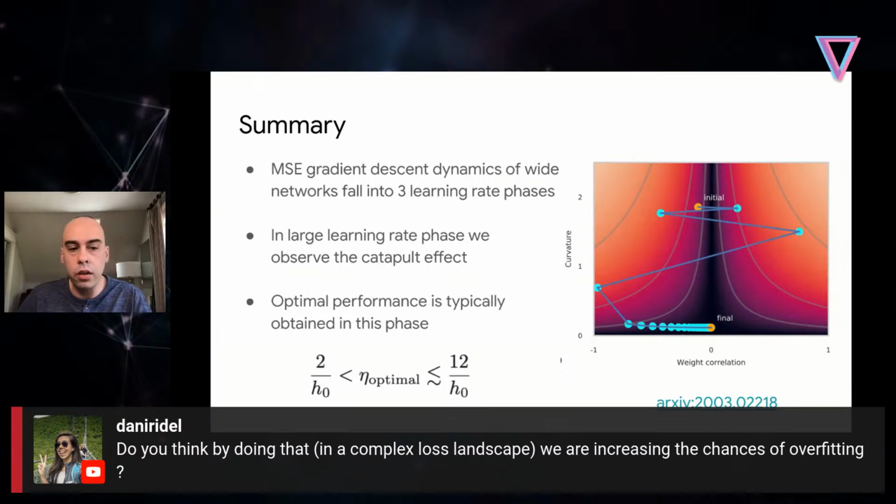If your question is whether this increases the generalization gap, I actually don't think it will, because in an overparameterized setting, the training error is 0 anyway, and we do see an improvement in the validation error when we're decaying the learning rate. So that means the generalization gap is just getting smaller. So I would say no, I don't think it's increasing the chance of overfitting. But if you have a particular case in mind, you can do the experiment and see. I'm just saying, generally speaking, we have not seen that this increases the chance of overfitting.